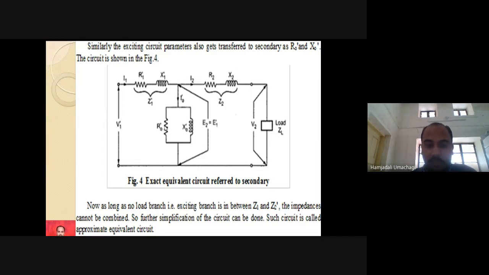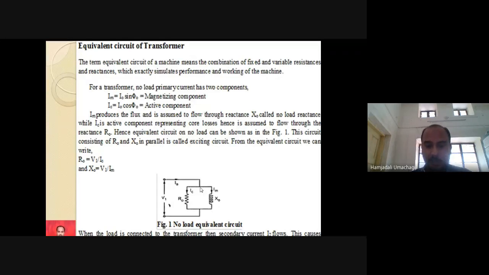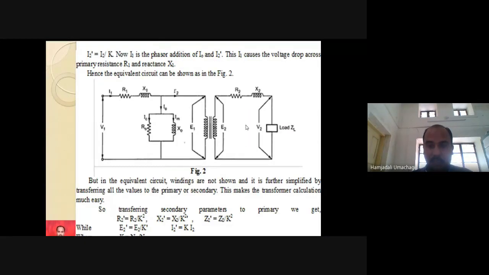So we have seen first the magnetizing branch, then the basic equivalent circuit diagram. Then, sir, you have I1, should it be I1 dash? Yes, it will become I1 dash, because if I am moving the things from primary to secondary, then I1 will obviously become I1 dash, moving in the forward direction. This will be I1 by K. Yes, R1 dash, X1 dash, but now I2 dash will become simply I2.